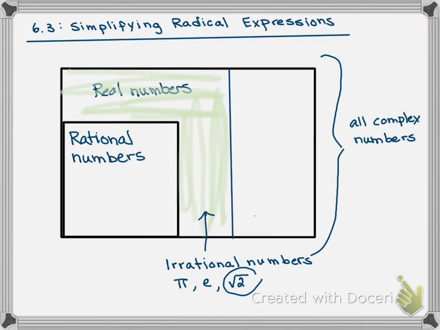Because we're using symbols to represent these numbers, we would like to make those symbols as concise as possible. So we have ways of breaking these down so that we can write them in as simple a form as we can. That's what we're going to work on today: simplifying these radicals where we can't actually get a whole number just by taking the square root or the cube root of something. We're going to start with square roots. We'll do a couple cube roots, but we're going to focus mostly on square roots because that's what you'll use the most. Let's start with, say,